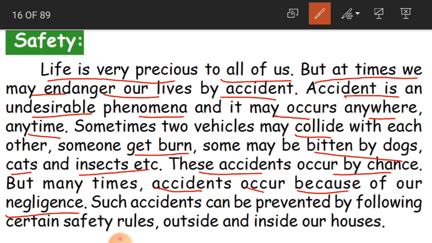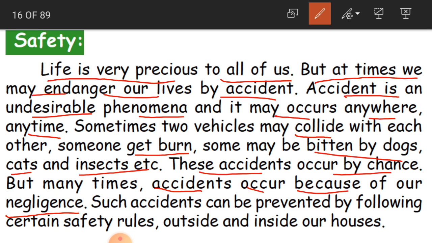So when we are driving, children, when we are on the road, even when you are walking, you have to walk on the footpath, to the side of the road. You cannot walk in the center of the road. If you willfully walk in the center of the road where vehicles pass frequently, then definitely one or other vehicle is going to hit you. That becomes your negligence if you do something willfully.